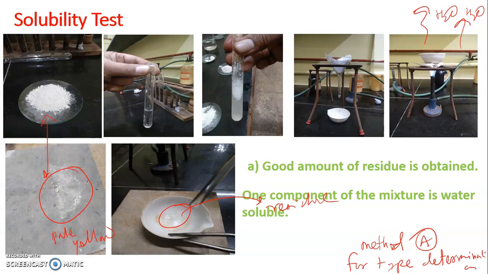So that indicates one of the components is dissolved in water. So the mixture may be white plus pale yellow substance, and overall it appears as a white mixture, but the residue remaining on the filter paper is exactly pale yellow. So the white component got dissolved in water, we can write. So it is cross checked with visual observation of the mixture and the residue remaining on filter paper. That is all about test number 1, but certain questions are there.